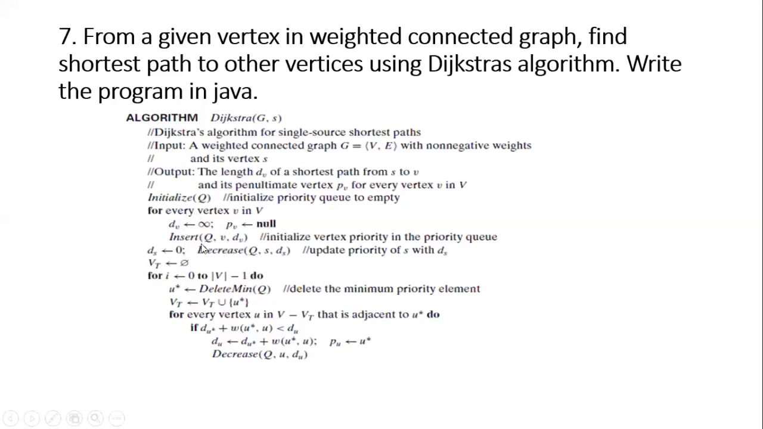Then I start inserting the various vertices into the priority queue. That is, I take an array Q, which is a priority queue that will be implemented. So I declare an array and initialize each vertex into it. Then I will make the distance of the source to be 0 and update. See, this is the part to update the priority of S with DS. Then for I equal to 0 to V minus 1, that is for all the vertices except the source vertex, I will delete the minimum priority element. That is, in the priority queue, whatever I have inserted, all the vertices, I will keep